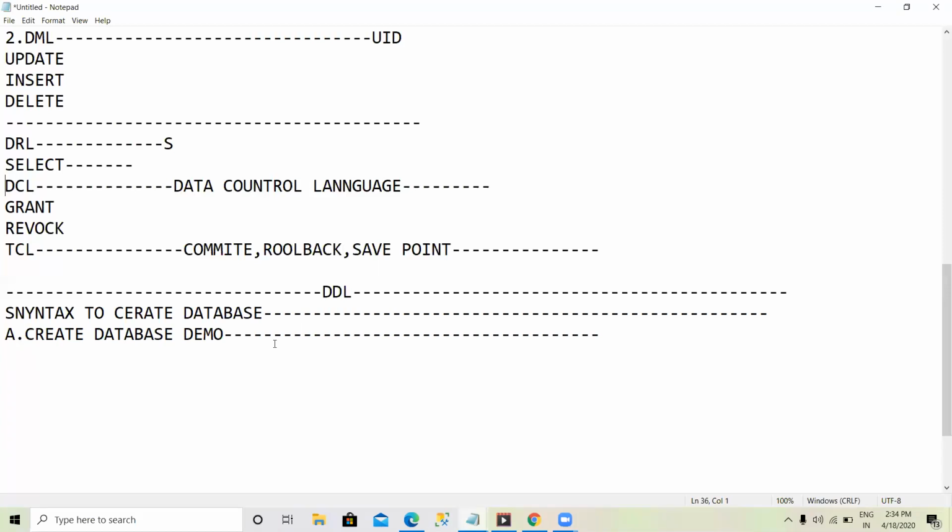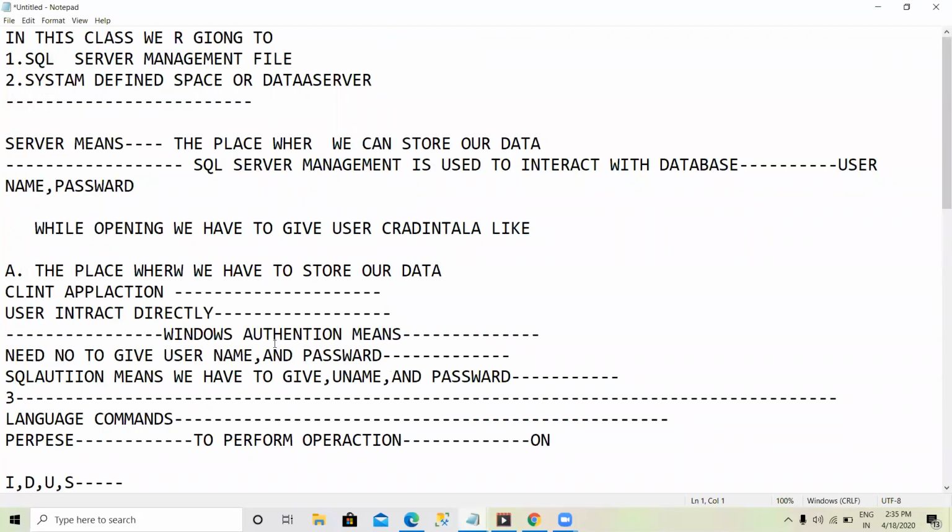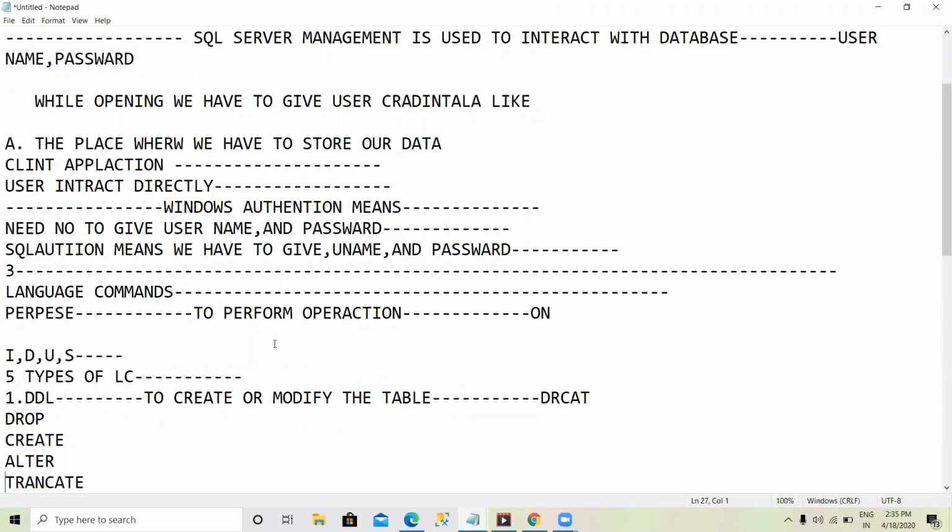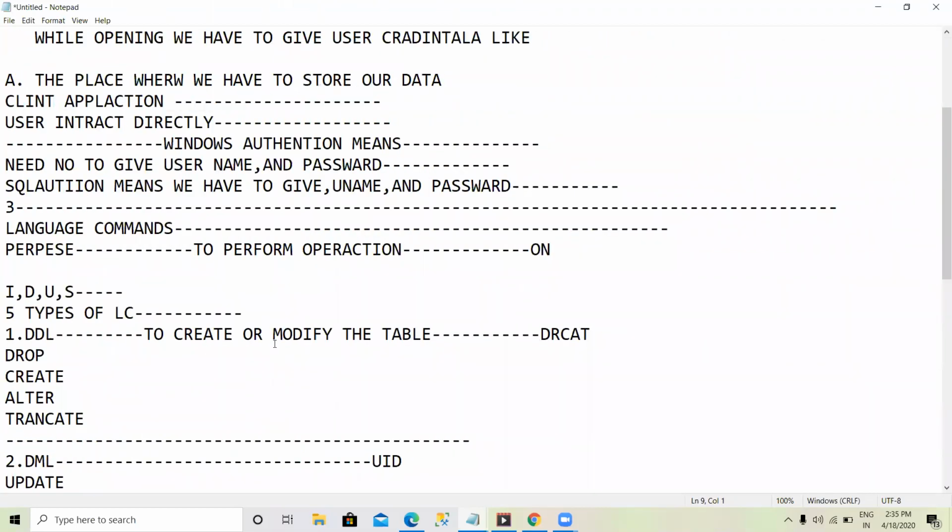In this class I discussed SQL Server Management Studio, what a server is, what credentials we have to use, and SQL Server authentication and Windows authentication. I also discussed language commands, used to perform operations on data, tables, views, stored procedures or triggers.